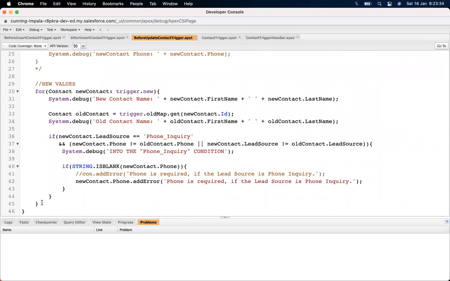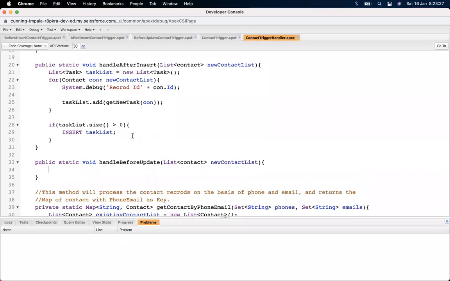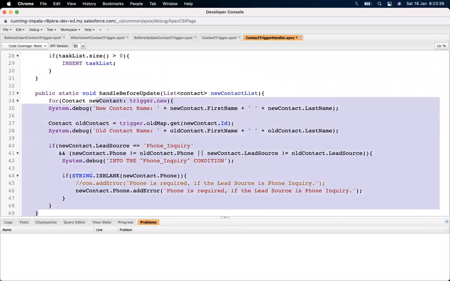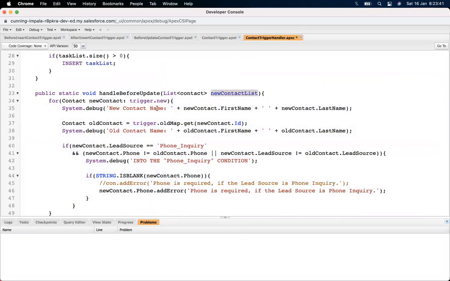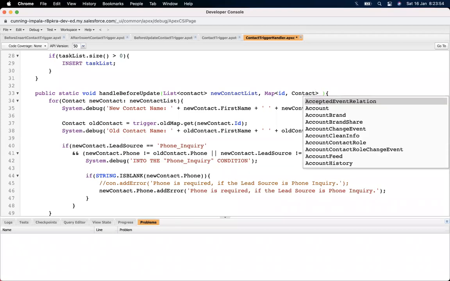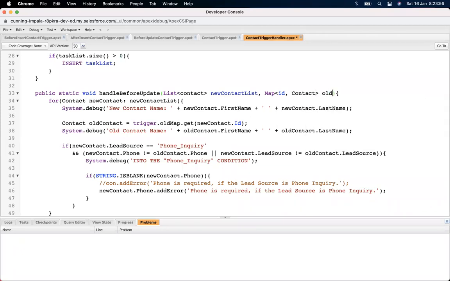Let's copy and paste it here. Instead of trigger dot new, I paste new contact list. And then we also have trigger dot old map, so it's a kind of a map. So let's put a map of ID comma contact, old contact map. So instead of trigger dot old map, I will write old contact map.